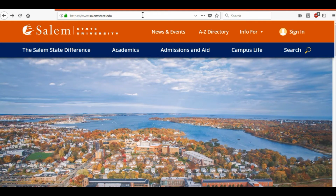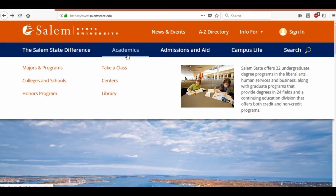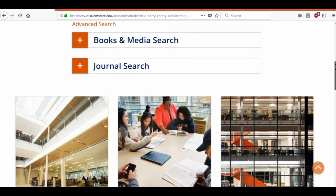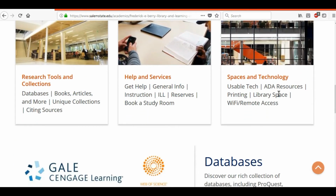To see examples of honors thesis projects, the best place to look is on the university's webpage. If you go to the library site by going to salemstate.edu and then navigating down to the link for the library and clicking on that, you'll then see, under the library resources, as we scroll past the basic searches, a link for research tools and collections. What we're looking for are Salem State's unique collections, that is, things that no other library would have, like our thesis projects. Click on Research Tools and Collections,